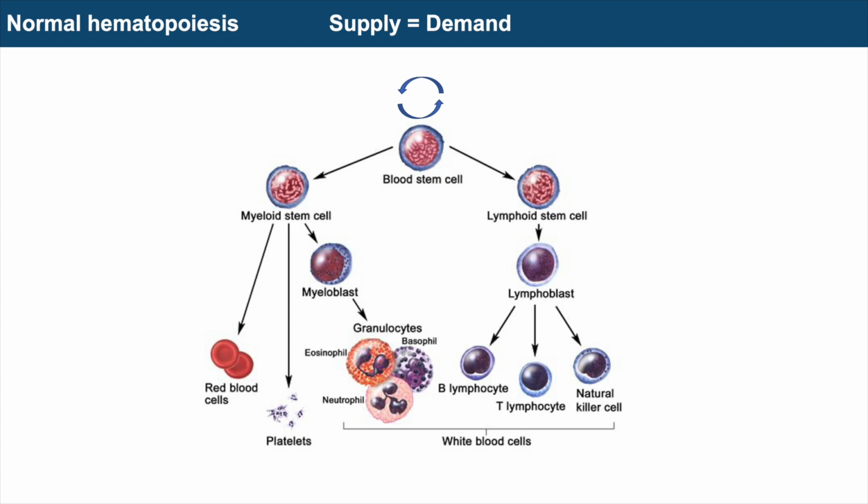And I'll also highlight here at the top that this is really important, is that the body has a certain demand every day of a certain number of blood cells. And this system is highly regulated, it's orchestrated in such a way that the supply is able to meet demand. And when this really highly regulated system is perturbed in some way, which it often is in patients with telomere biology disorders, the supply doesn't meet the demand, and some form of hematologic complication ensues.